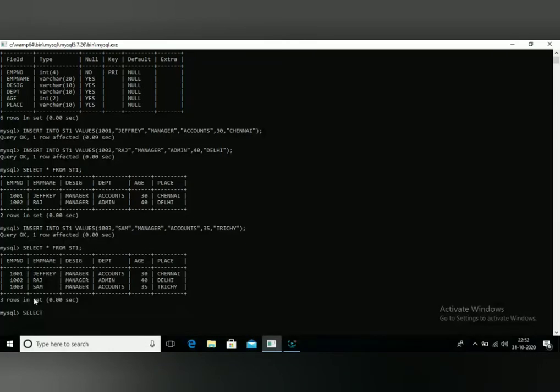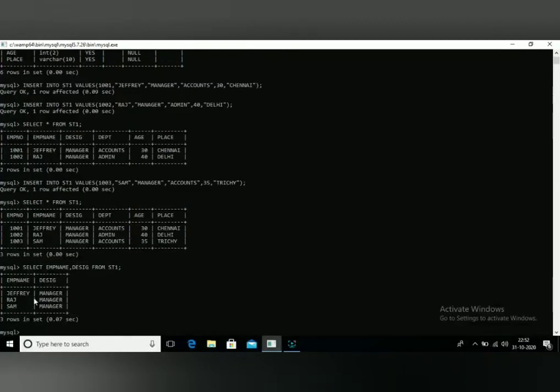For example, you want to display only employee name as well as designation, we give employee name, comma, designation, from which table, the table is ST1, so we give ST1. Then we press semicolon and press enter key.